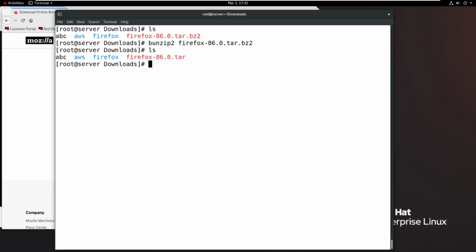Okay, if I type ls, now that .bz2 extension is cleared. Now it is a tar extension only. Then you know how to extract it: tar space xvf space Firefox. So now one more time you extract it like this.